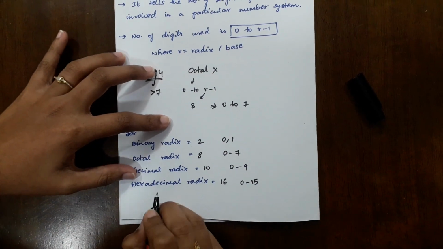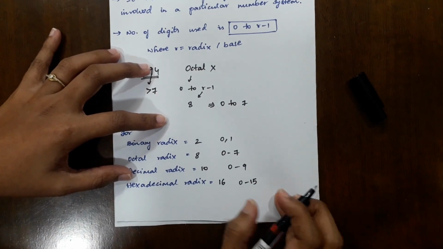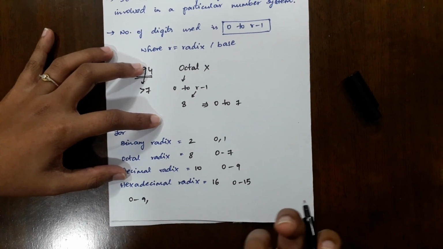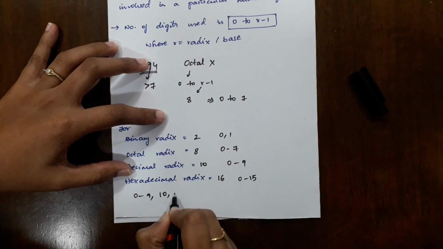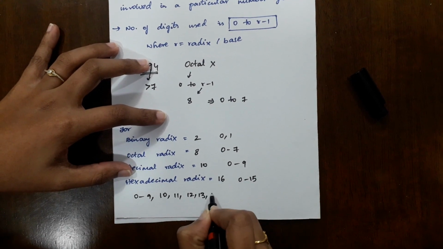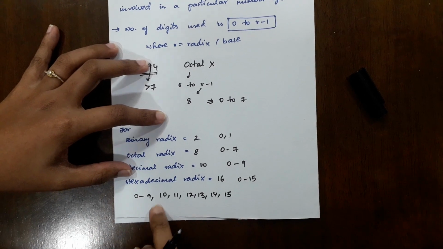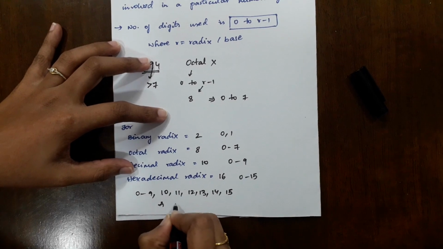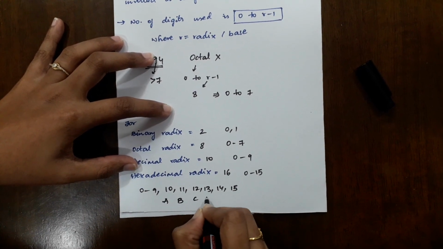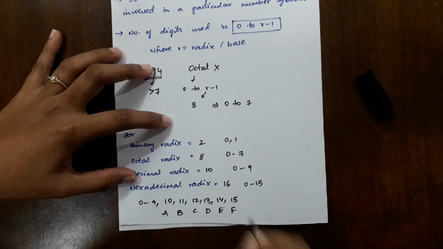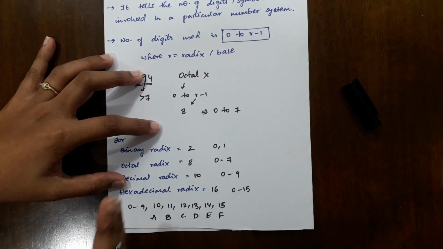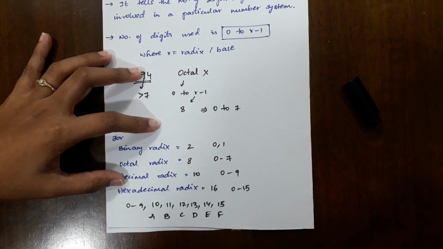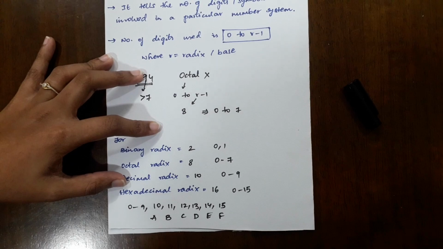Now in the case of hexadecimal, special notations are used. From 0 to 9, it's common. We'll be using all the usual digits like 0, 1, 2, 3, 4, 5 and so on till 9. But for the values 10, 11, 12, 13, 14 and 15, we denote each of them with special alphabets ranging from A to F. For 10, we'll use A. For 11, we'll use B. 12 is C, 13 is D, 14 is E and 15 is F. So whenever you want to use the values from 10 to 15, instead of the actual numbers, we will be using A, B, C, D, E and F.